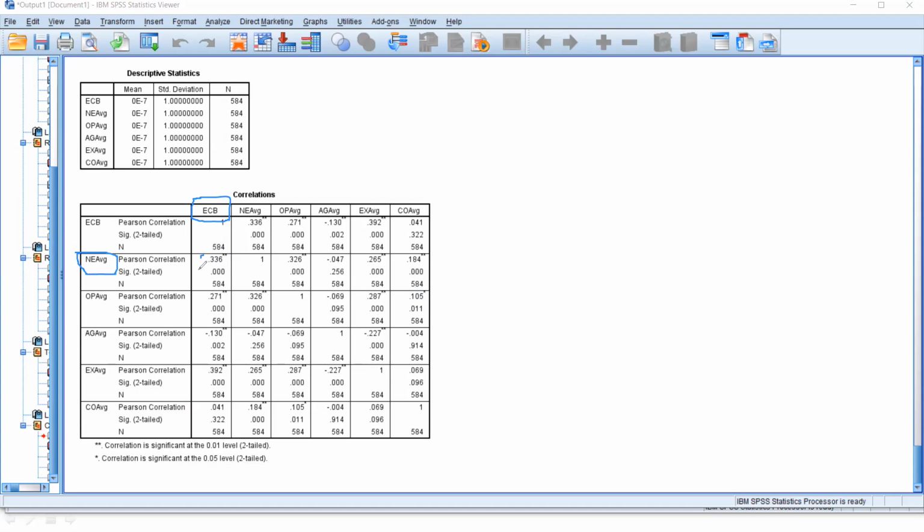Because remember, in correlation, we only measure the association.